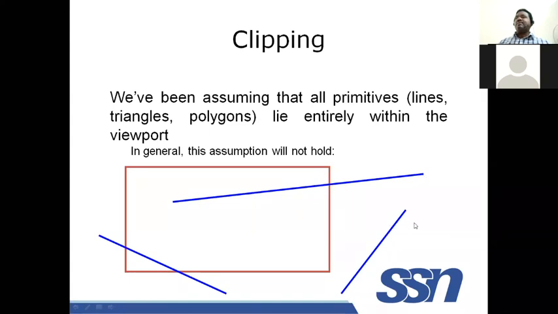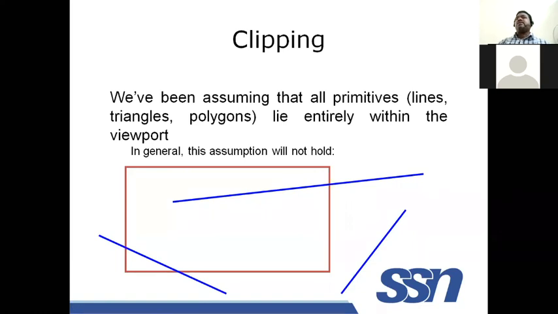This point definitely will not be visible, because it has been generated away from the viewport. And this line, if you see, the intersection of this to this will be visible, the other two cannot be visible. So by simply seeing this picture, a human being can understand that this portion will not be visible, this portion will not be visible. How does a computer understand? In the viewport, whatever elements or entities are present within the viewport are visible. So it has got a certain algorithm that we are going to discuss.